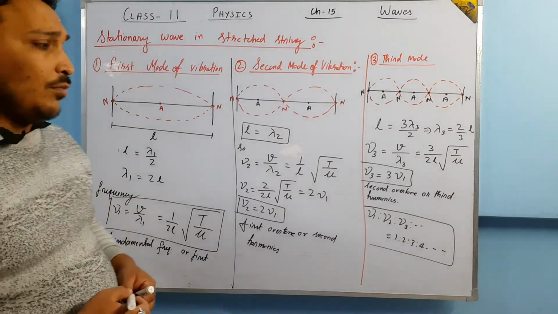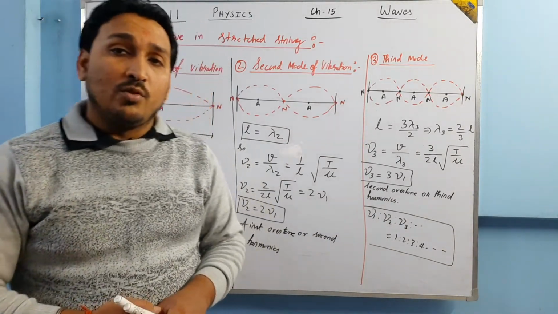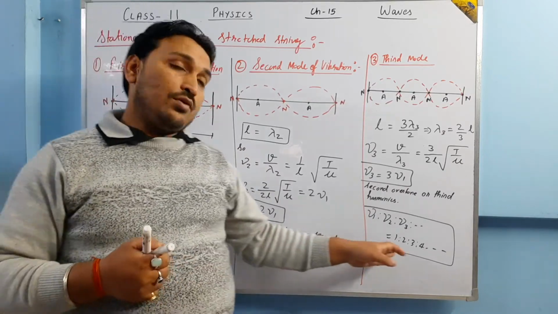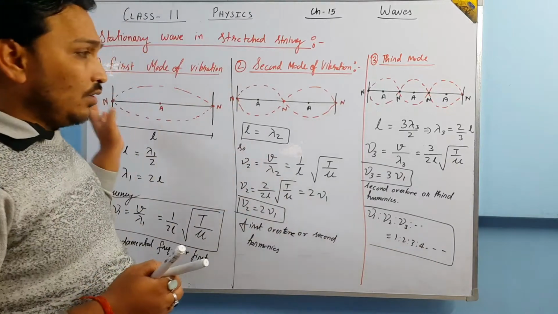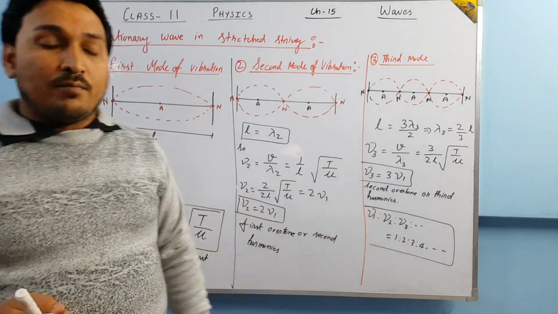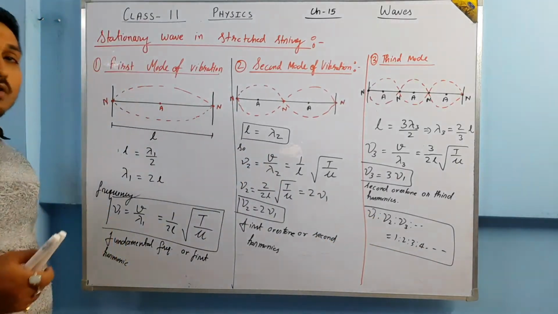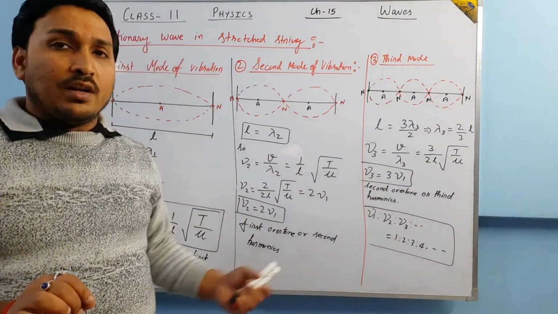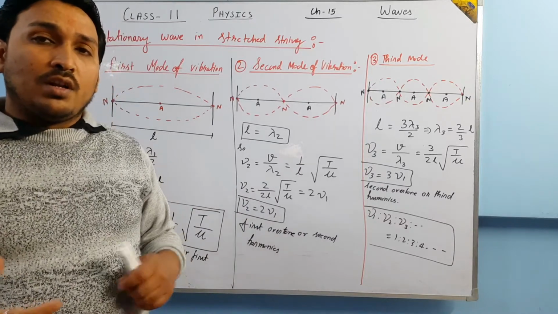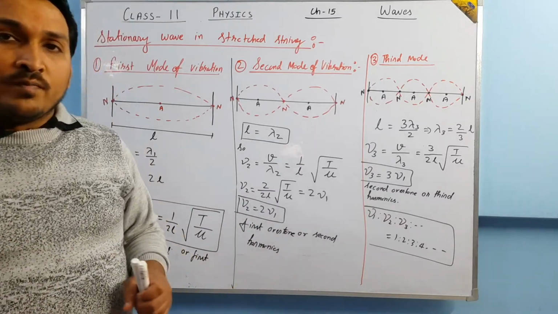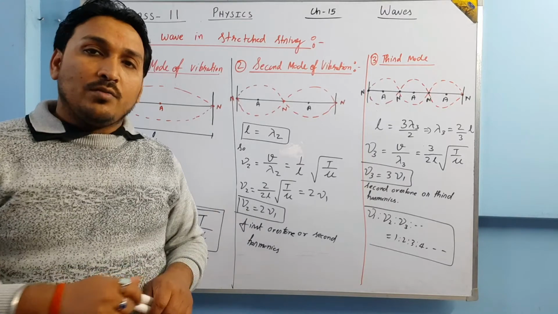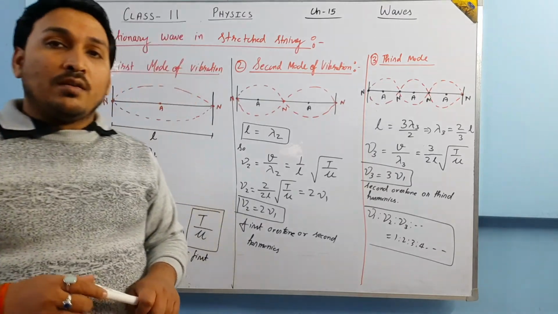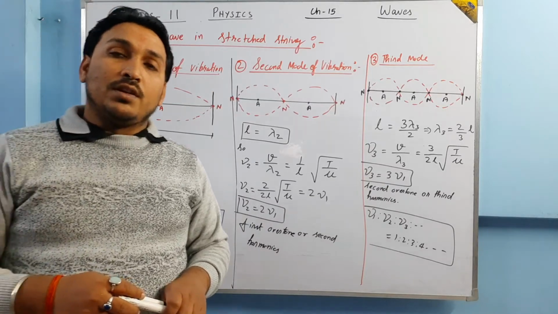The question in the exam may be like, show that the ratio of the harmonics in a stretched string is in the ratio of 1 is to 2 is to 3 is to 4. So you have to basically solve all these. So this is basically the modes of vibration in a stretched string. I'll try to put one animation regarding this so that you can understand what the harmonics are and how they are produced. Now let us move on after the animation. We will first of all see the animation, then after we'll discuss the organ pipe.